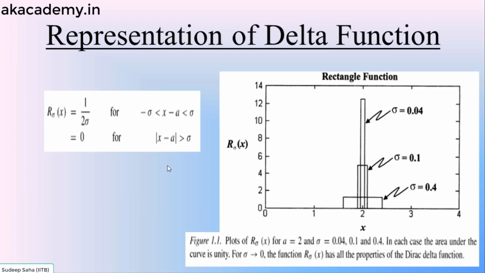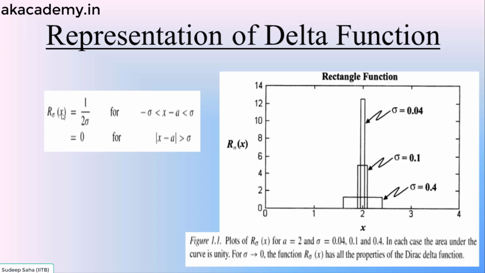So the next definition. See, the delta function is not any function per se. Some particular functions under some special circumstances can behave like the delta function. If I have to say what a delta function is, I would say it's a distribution. Many functions, depending upon the situation, will behave like a delta function and satisfy its properties. We can represent the delta function in many different ways. One such representation is this square rectangle function.